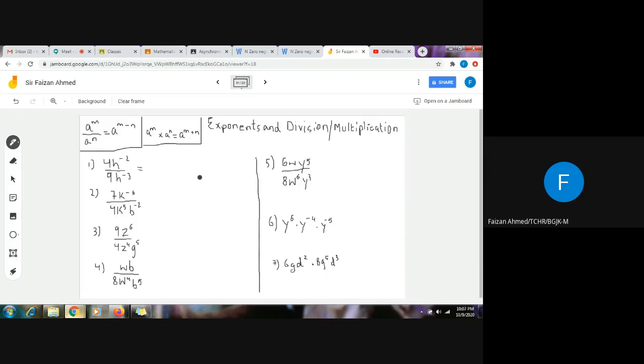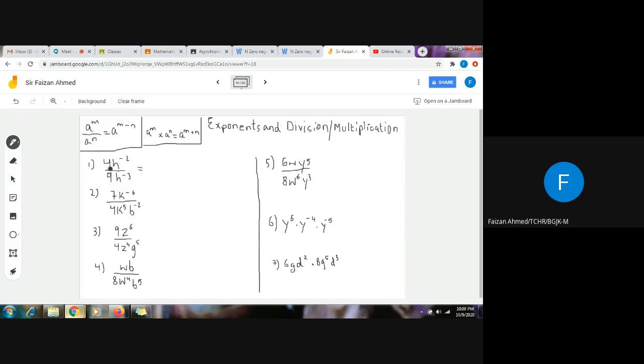Since we have learned about the laws of indices, there are two laws which I am going to revise in this video. When the bases are the same and they are being divided, we subtract the powers, and when the bases are the same and they are being multiplied, we add the powers. This worksheet is on these two laws, and there is one more law, the negative exponent law. Whenever something is shifted from the numerator to the denominator, the sign of the exponent changes. So we'll be using these three laws to solve these questions.